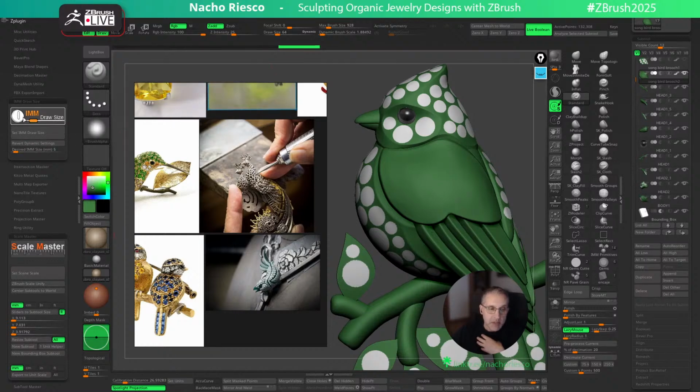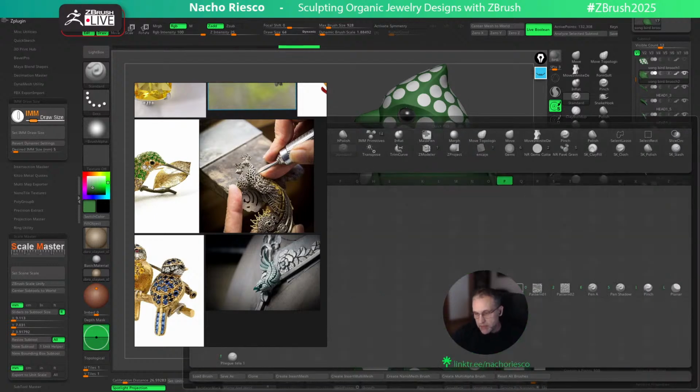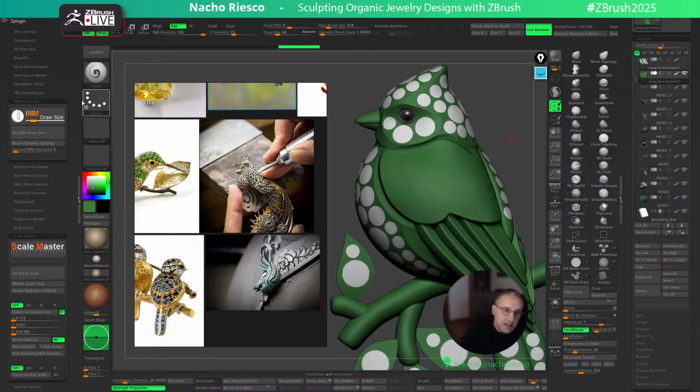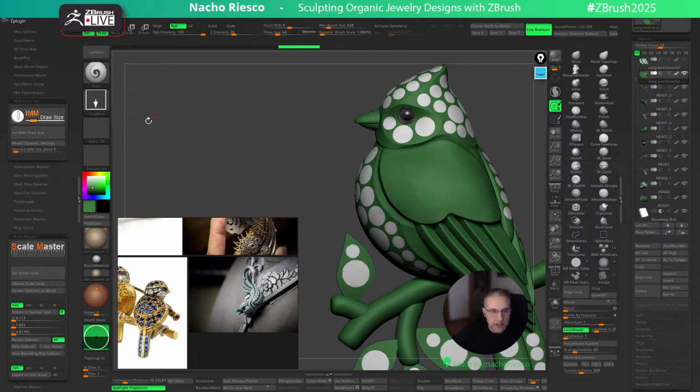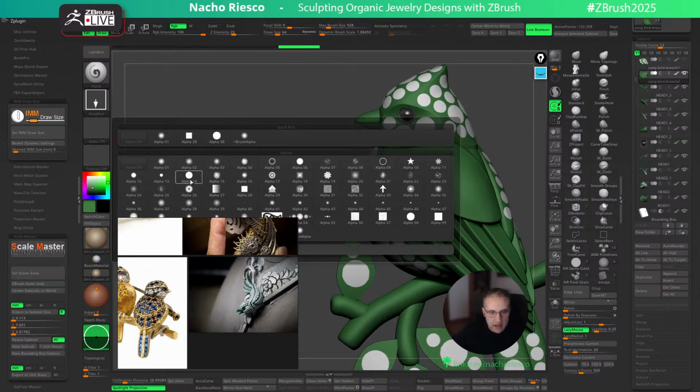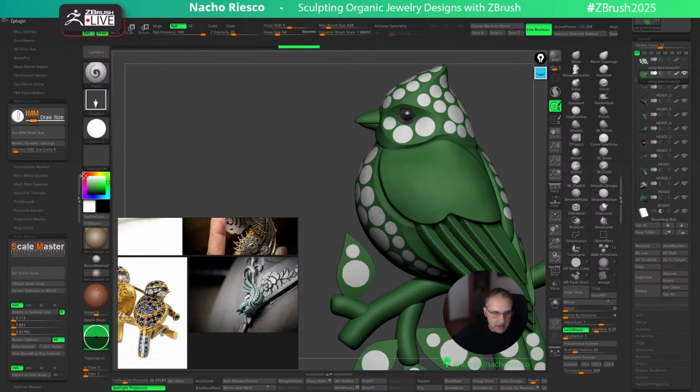The main purpose of this plugin, as you are reading now, IMM Draw Size, is to be used for insert brushes, any insert mesh brushes, but you can also control the measurement of a brush stroke with any of the sculpting brushes. In this case, if I press B, P and find the paintbrush, let me make this a little bit smaller and put it here. If I change the stroke from dots to drag rectangle and I change the alpha, let's use alpha 14,